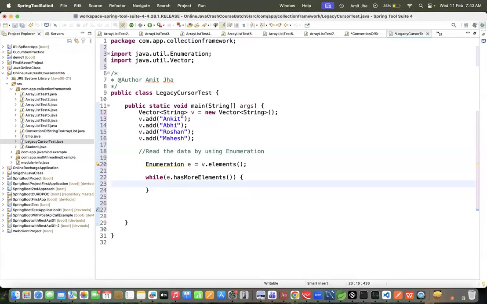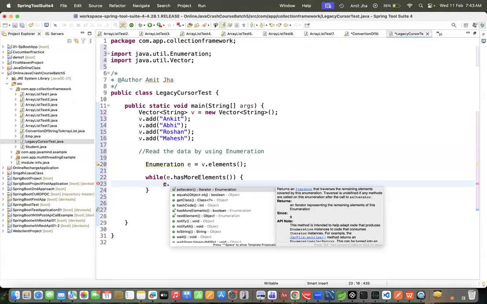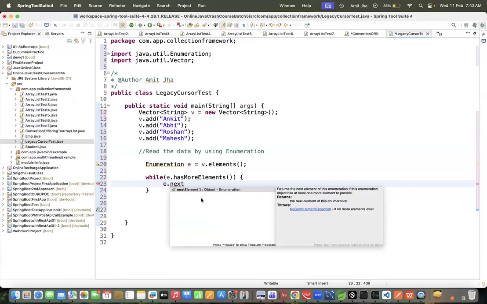Then we can write here e dot nextElement. If this condition is satisfied, if e dot hasMoreElements is true, there will be data. You don't know whether in e this data is there or not.